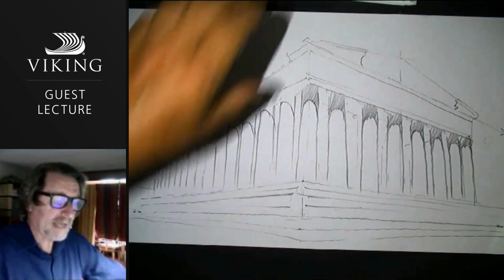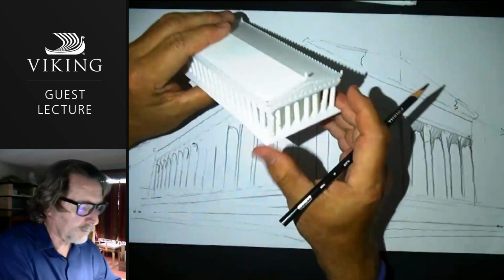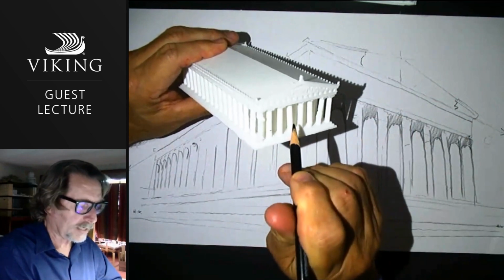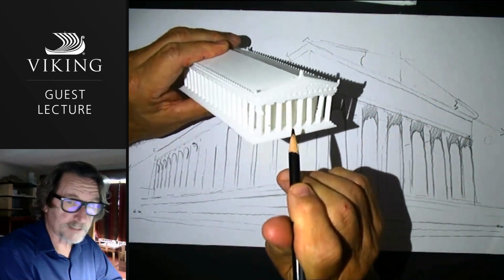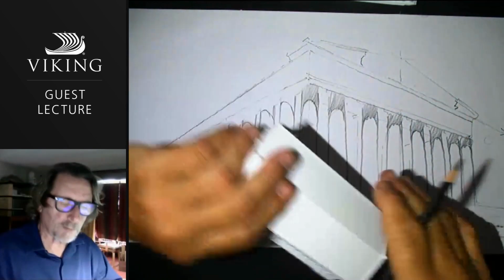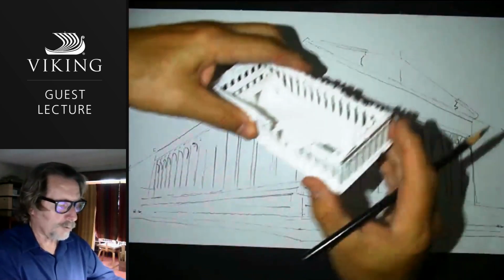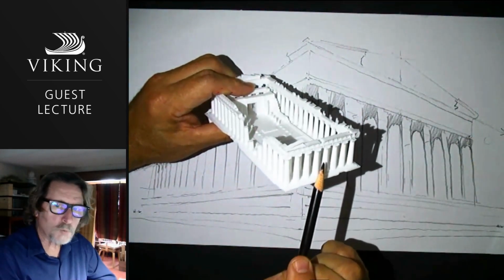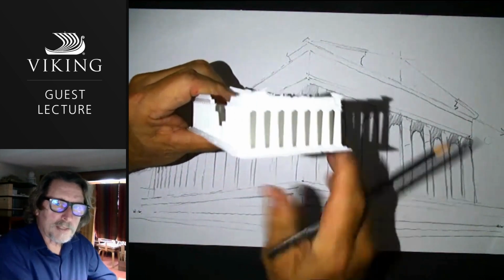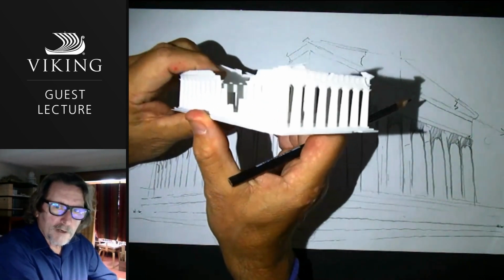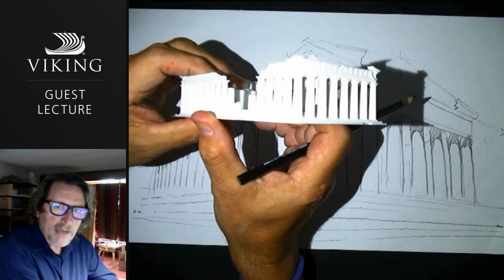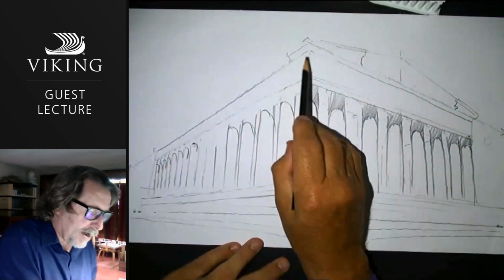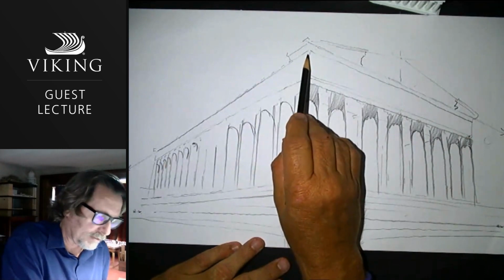Okay, so here's a nice part. If we were doing the building complete, we wouldn't be able to see much into there because it's all closed off space by the cella on the inside, the chamber that holds Athena. What we can do in our ruinous state is see through to the back wall between the columns. I don't know if it's going to show through the photograph or the model being projected by the document camera, but you'll see it when we get to the idea that this column corner of the temple